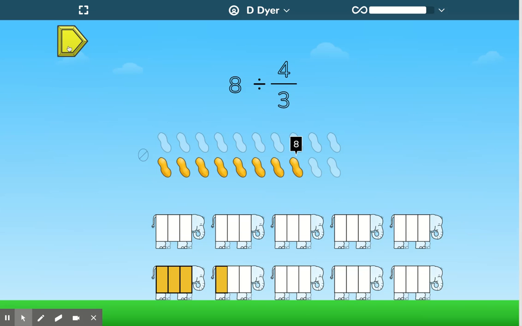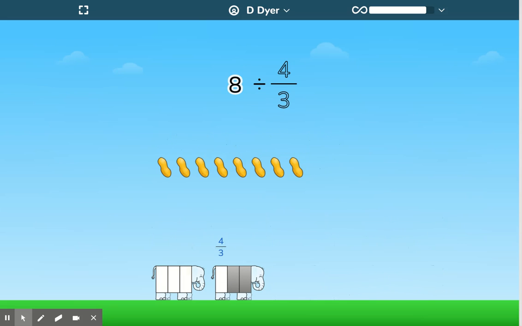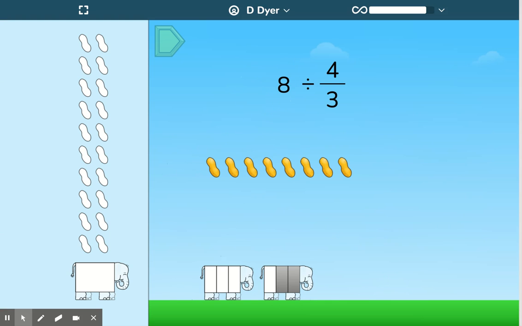So that's just step 1. So again, it's unit rate. So now the question, 8 divided by 4/3, is how many nuts go in one elephant? How many nuts should I put in one if these 8 go into these 4 spots? Well, now you know there's going to be a 2 in each spot. 2, 4, 6, 8, right? That would be 8 nuts into 4/3. So now I know there's 2 in a section. So it's 2, 4, 6. Now,